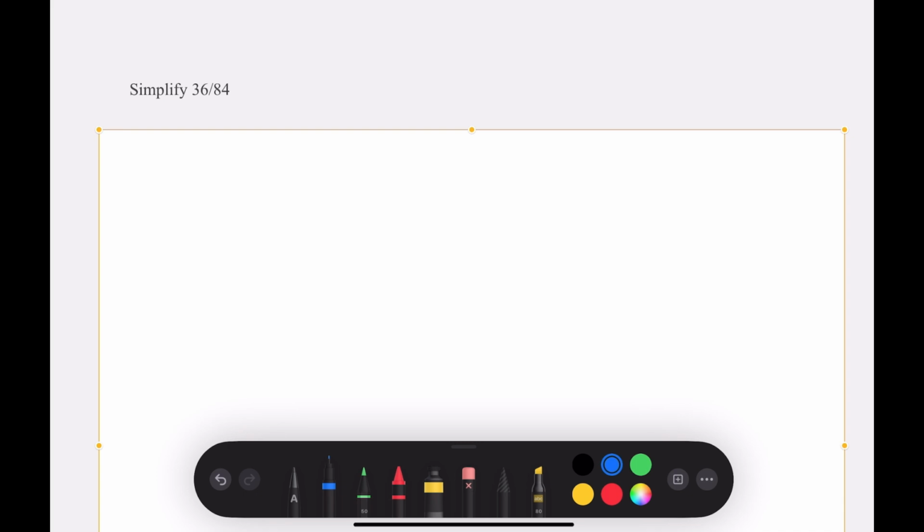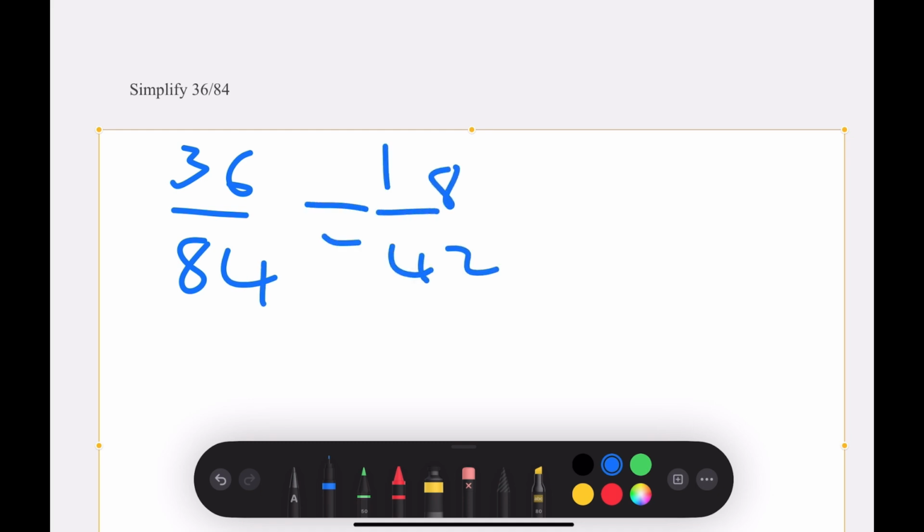Okay, next question. For all these questions, I'd recommend you have a go at it yourself first and then come back to see the answer. So simplify 36 over 84. First of all, we can divide it by 2. So we would get 18 over 42. Then we can divide by 2 again to get 9 over 21. And now I know we can divide by 3, so we'd get 3 over 7, and that would be the